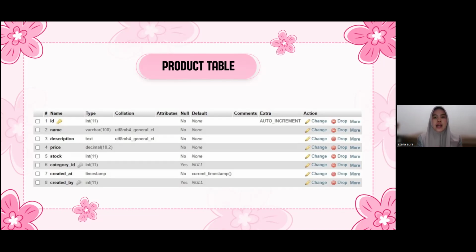Category ID, the ID of the category that groups the product, a foreign key to the categories table. Created at, the date and time the product was created, automatically populated using current timestamp. Created by, the ID of the user or admin who created the product, optional, can be null. This table is designed to support product management such as stocking, pricing, and categorization, especially useful in systems that involve product catalogs.